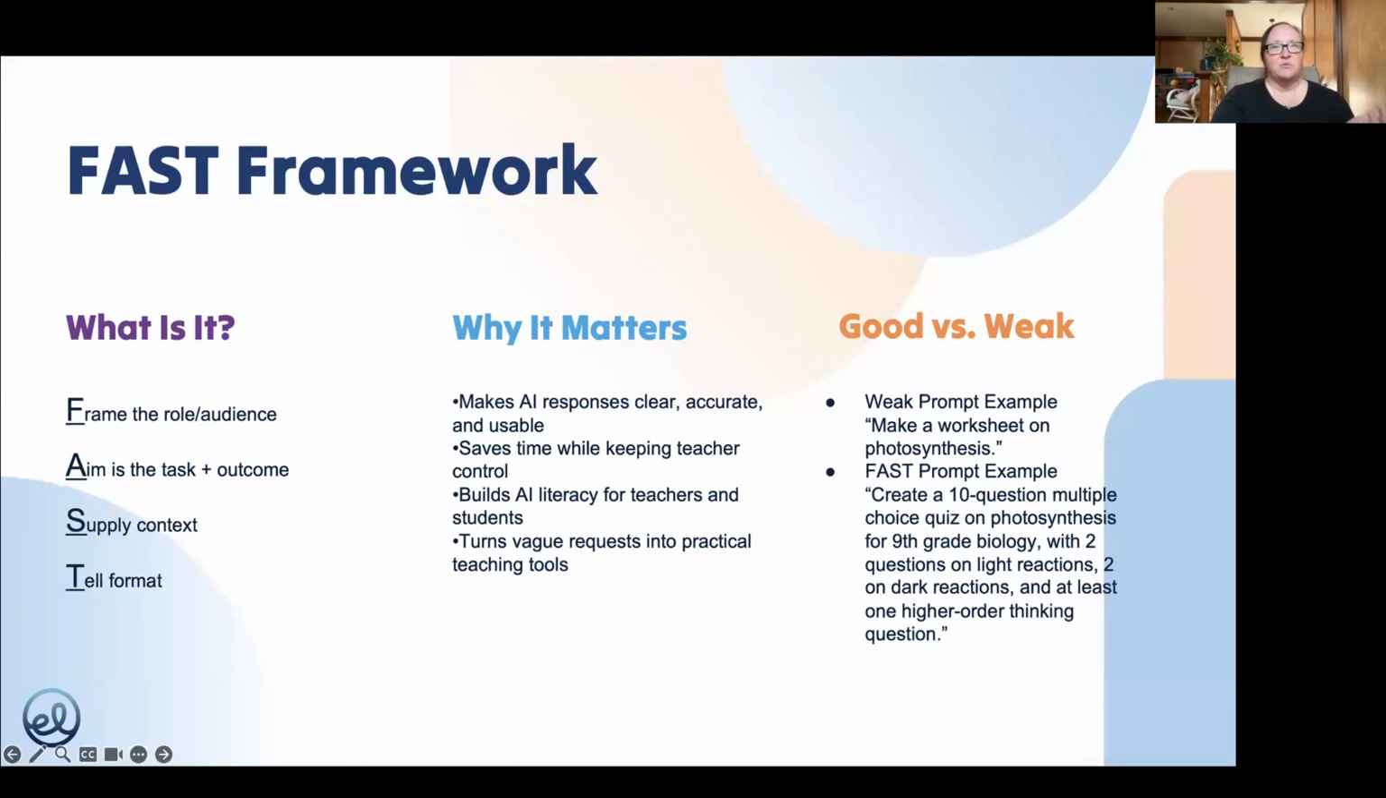Why FAST works is because AI needs clear, structured instructions to give useful results. If the prompt is vague, the output is going to be vague. And again, the output here refers to what the AI gives you. FAST also gives teachers and students an easy checklist to make sure that their prompts always include the most important details, like the audience, the task, the context, and the format. And it helps prevent generic responses and makes AI feel more like a real assistant and not so much like